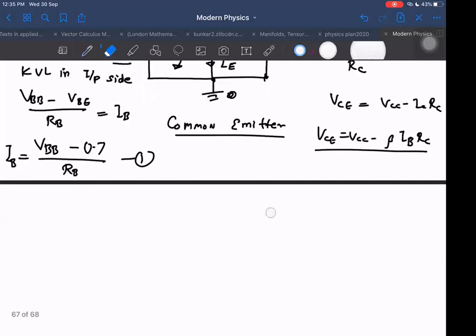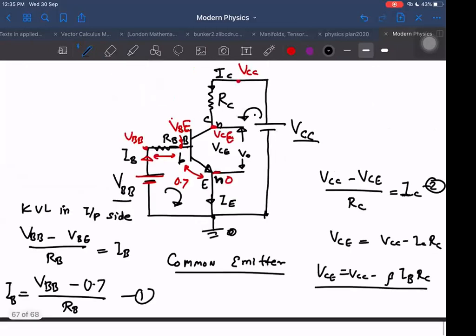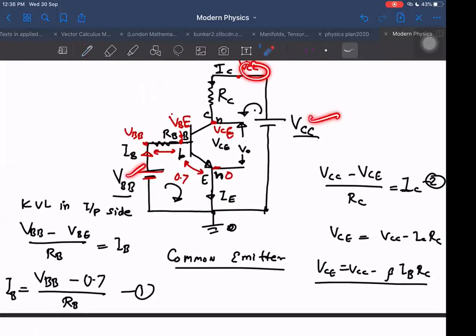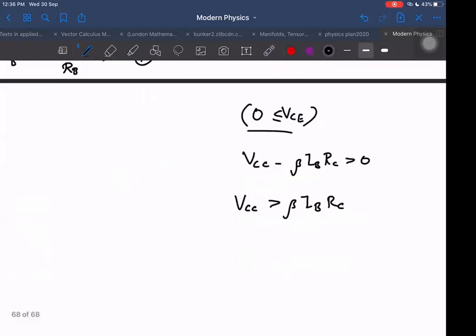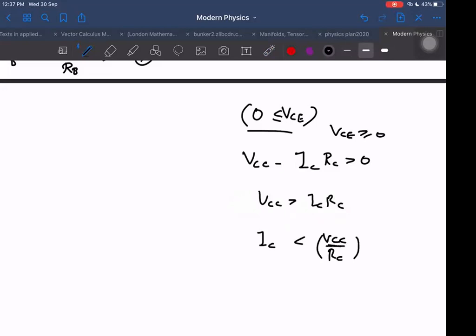Actually, I can say this thing. It has to be in between the minimum and maximum value of voltage. VCC is higher than VBE. So VC is greater than 0, then we get IB times RC greater than beta. We know that in this VCC I can change independent quantities. It means this formula will become wrong. VCC is greater than ICRC. That is also correct. IC has to be less than VCC by RC.